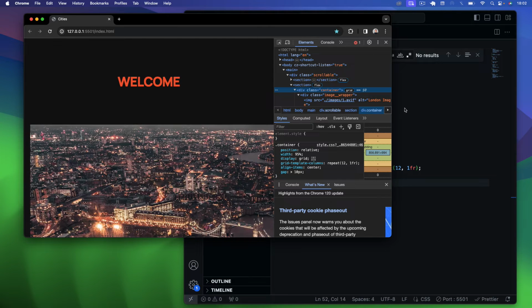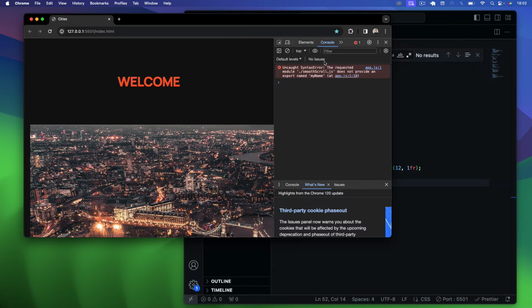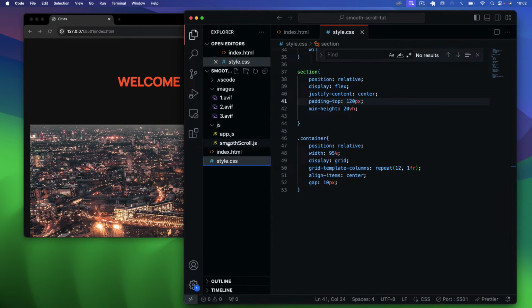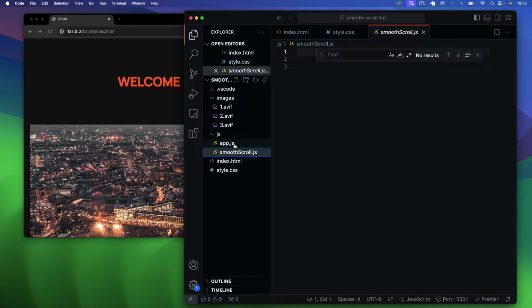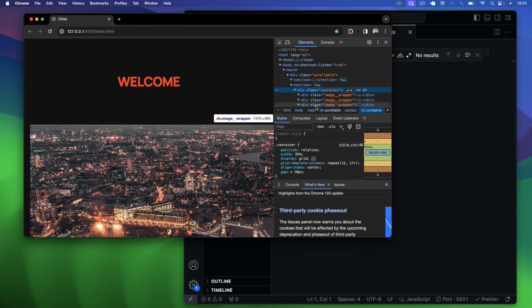Okay, so now the next one I want to do here, okay, there's an error there, so let's just first remove that import. Okay,